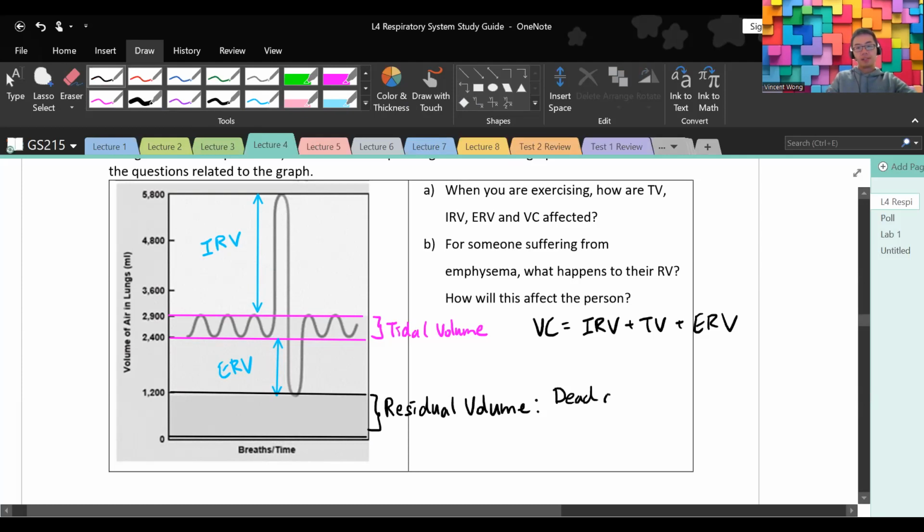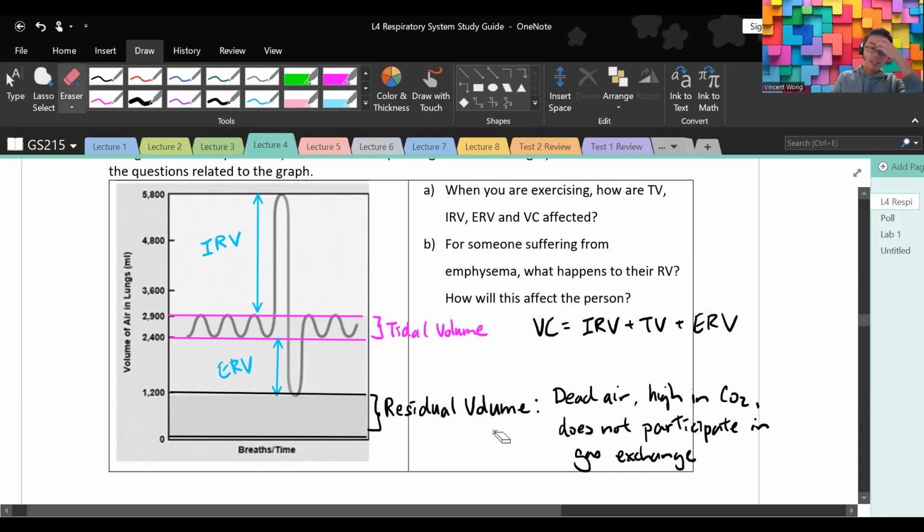Dead air is very high in CO2, and does not participate in gas exchange. That's why it's dead air. It just sits there and does nothing, just takes up space. The more dead air you have in the lungs, the less efficient you will be at